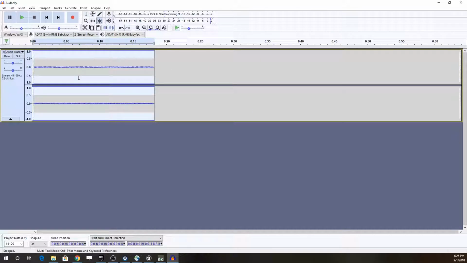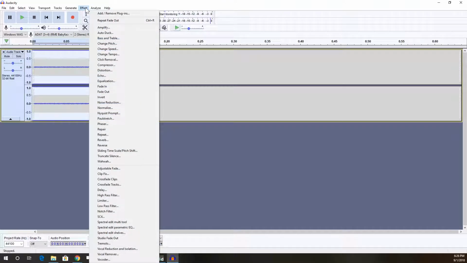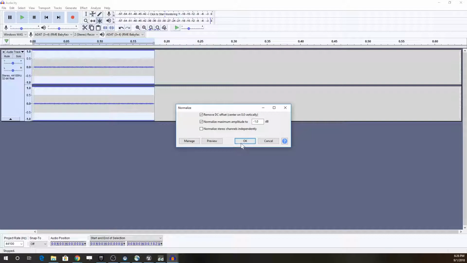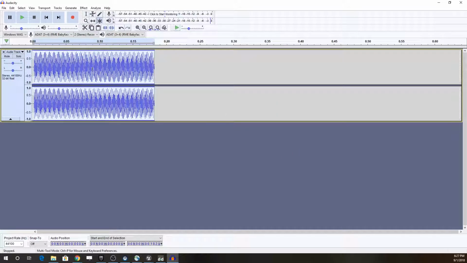The first thing you want to do is I generally will normalize the sounds that I record. Normalize basically means if you go to Effect, Normalize, this will take the waveform that has the most amplitude, that's the loudest, and use that to, think about it, just turn the volume up across the board. So if I say okay, that's going to make our sound as loud as it can be without clipping any of the waveform at the top. And so this is nice. You want to normalize sounds. There's normalization, there's compression. There's a lot of areas you can look into, this is a whole thing on sound design, but the basics that I do, I always want to make sure I normalize my sounds so that you're not fiddling around with volume